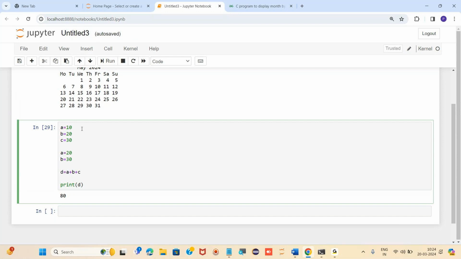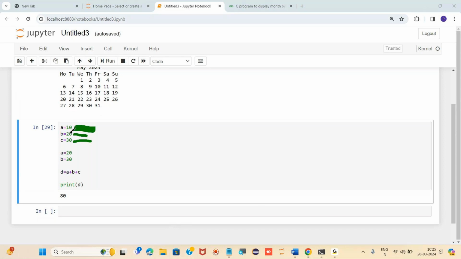So this is a. A is storing 10, b is storing 20, c is storing 30. Till now, a, b, c have 10, 20, 30.